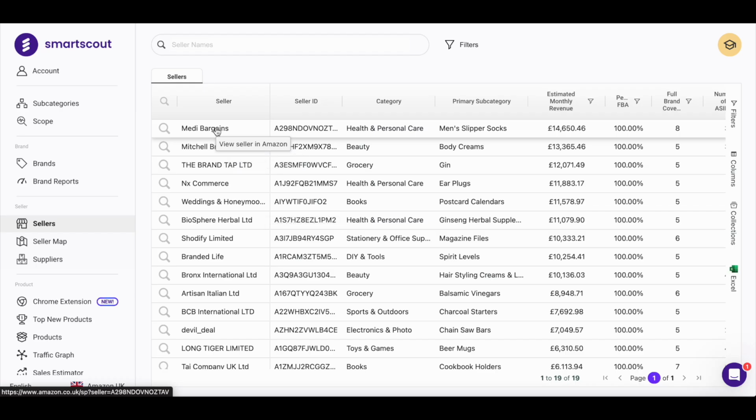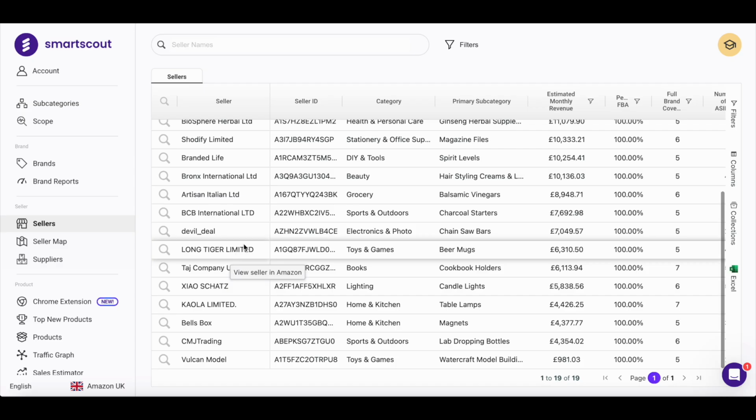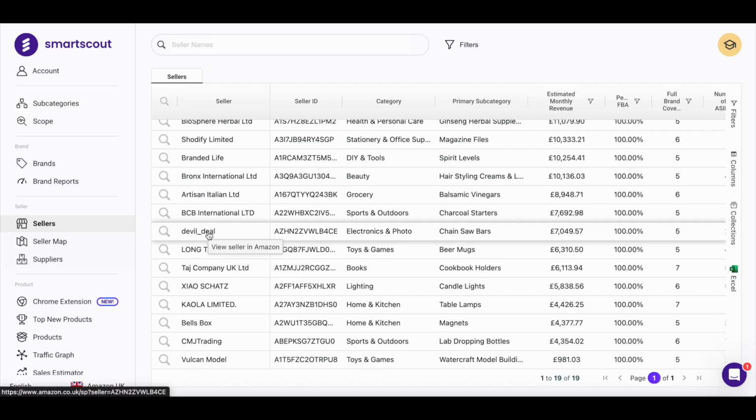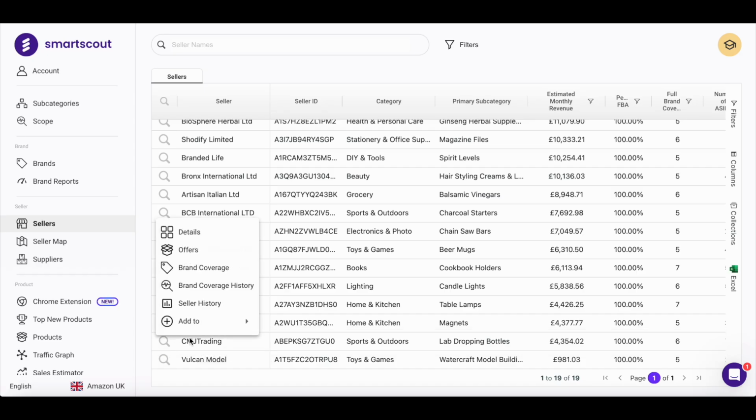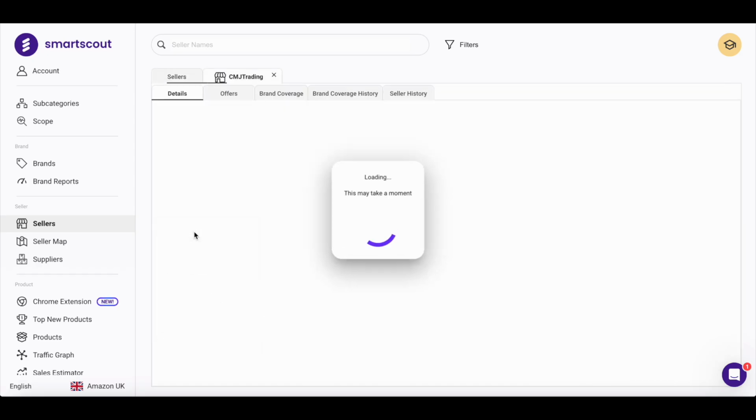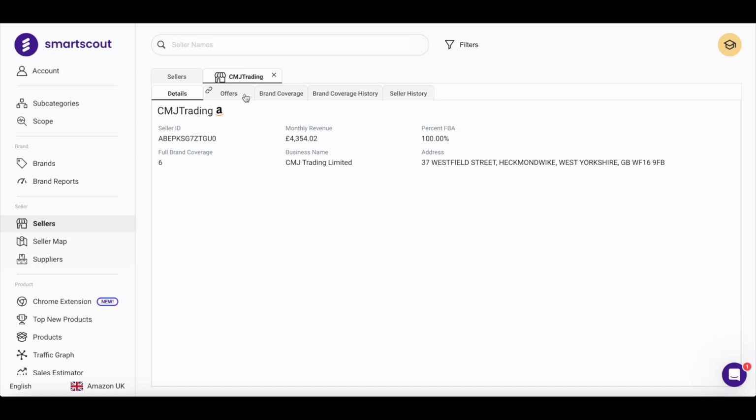So, you know, Medi Bargains sounds like it could potentially be a large store that sells wholesale, etc. Whereas if we head down to a store like Devil Deal or something like CMJ Trading, for example, we can go into their details